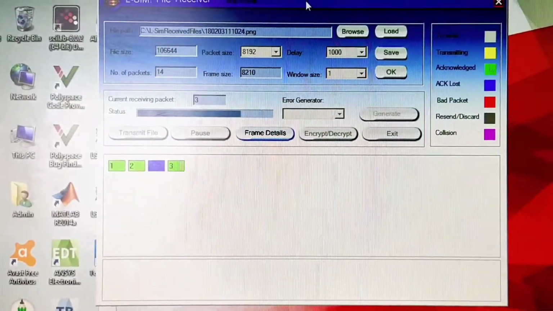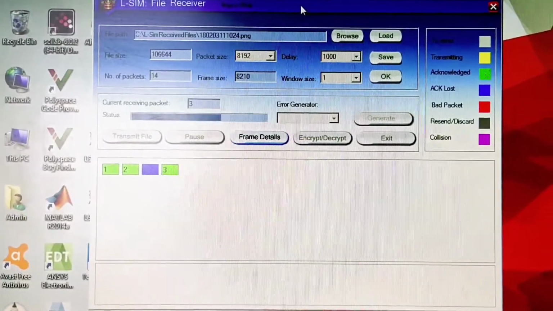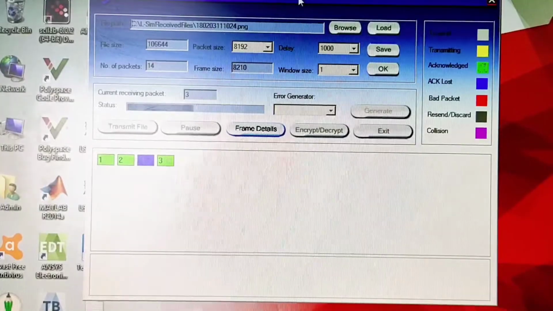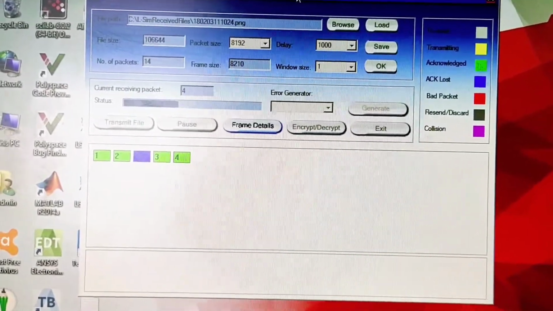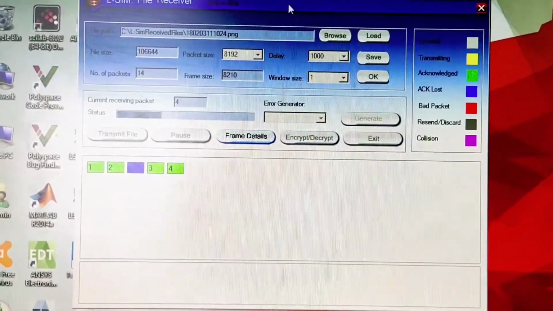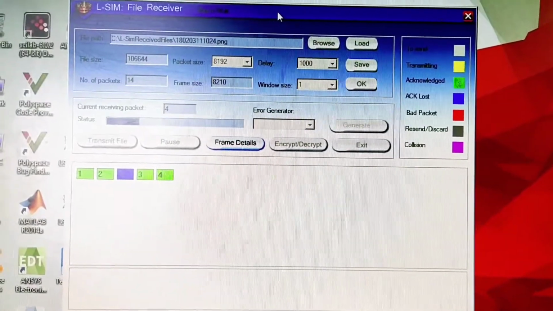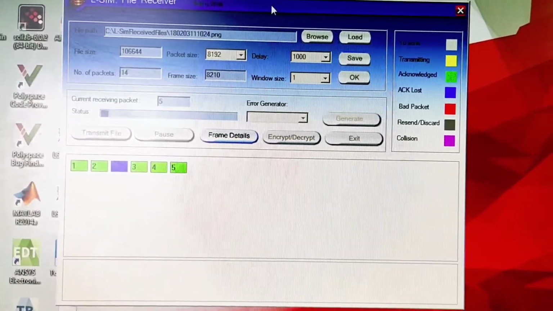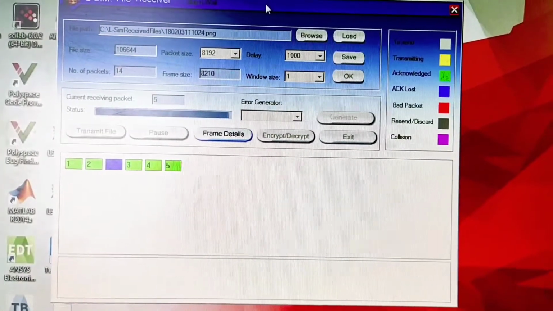As you can see on the client side, packet number 3 is colored with blue color, so it is indicating a loss. Then it is again retransmitted and it is highlighted with green color, so after retransmission it is received perfectly and it is showing 3 with green color.